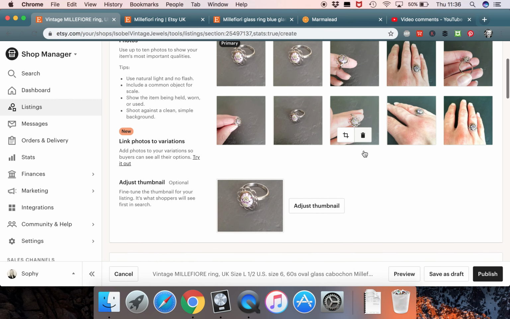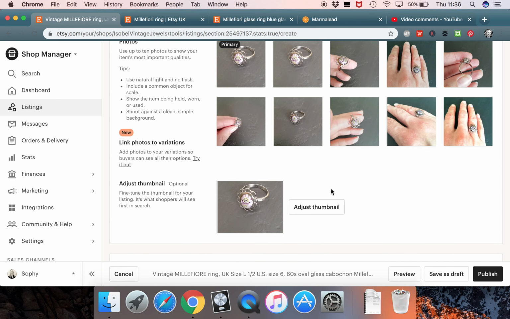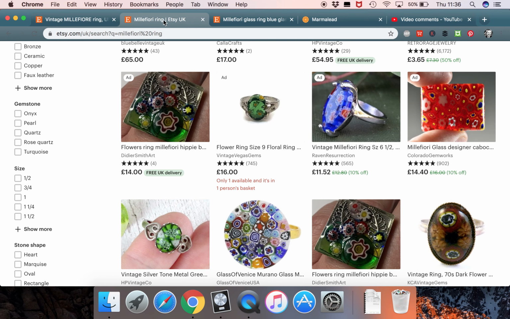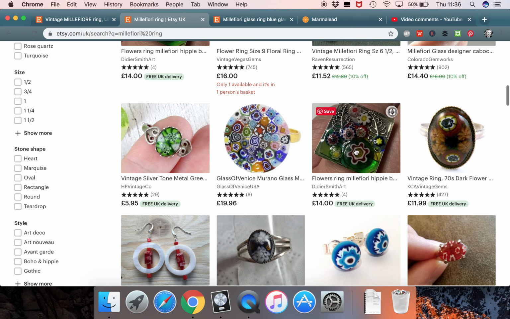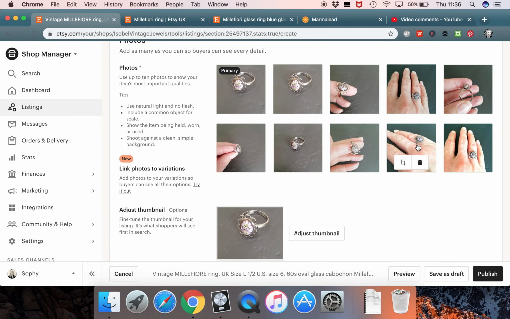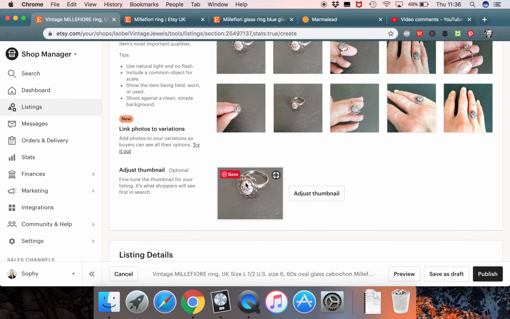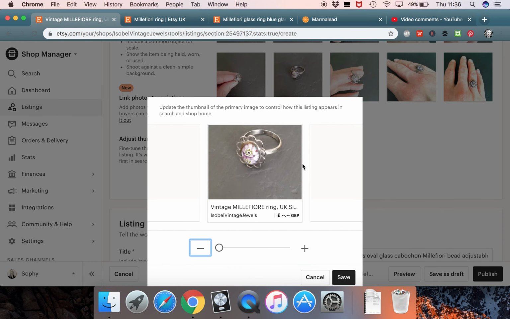Okay, so the next thing you want to do before you scroll any further down is to choose which picture you like and then make it look better for the thumbnail, because when people are searching in Etsy, they will see this basically. So you want to decide how you want to portray your jewellery. So for example, I've decided that for this one, sometimes I show them being worn, but I vary it. Sometimes I might use a photo like this, but sometimes I've found that rings have sold with the actual full ring being shown. So then you go into adjust thumbnail,